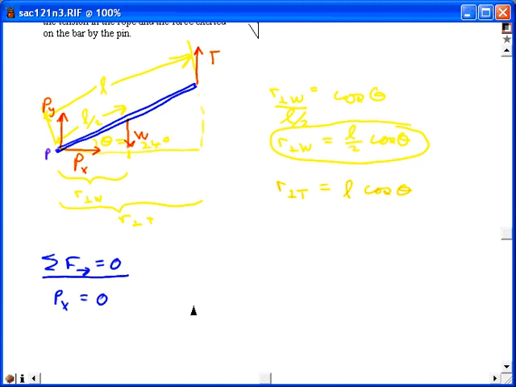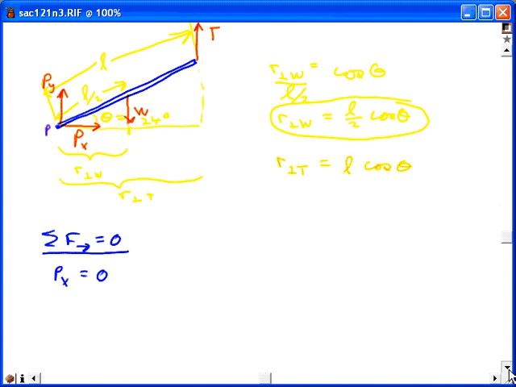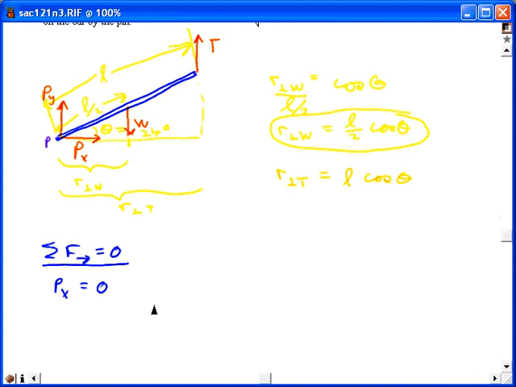The next simplest one, I'm going to go with the torque. If I sum the forces in the upward direction, I get Py as well as T in the equation. I'll have two unknowns, but I see the torque is only going to involve the tension and the weight. If I sum the torque